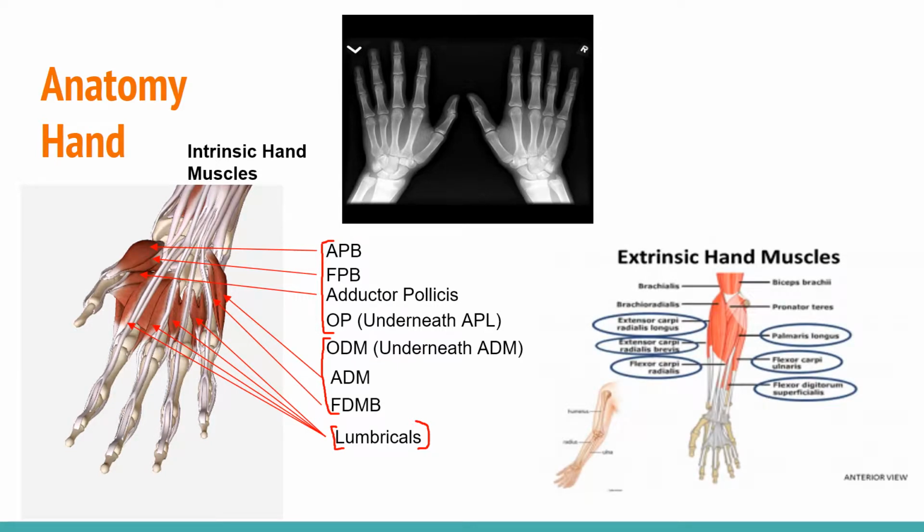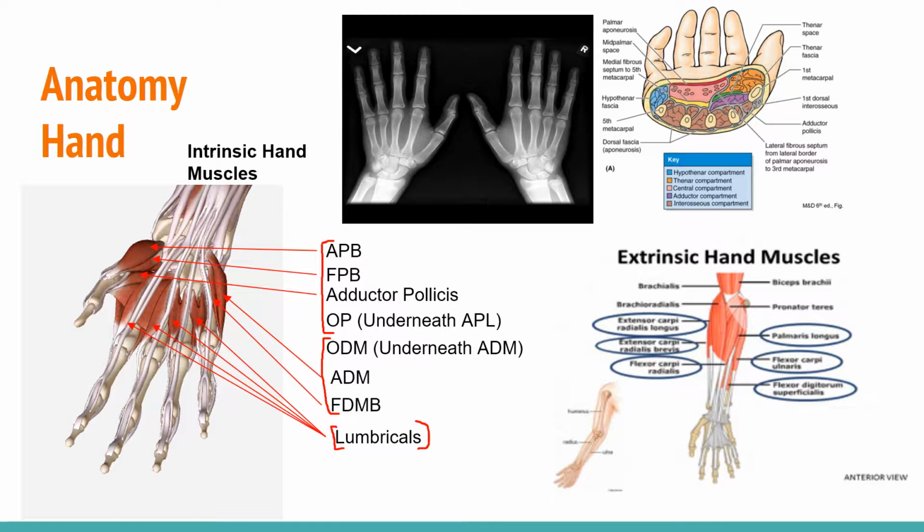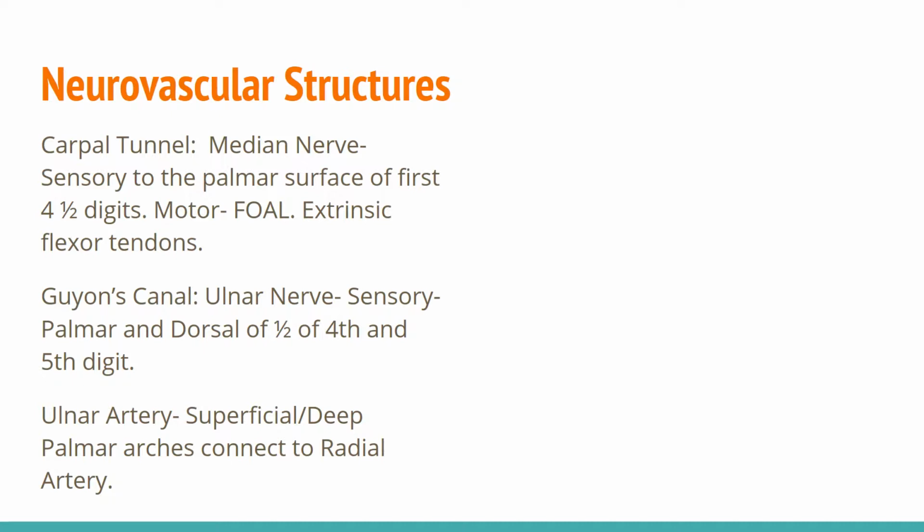There are also extrinsic hand muscles that include extensor carpi radialis longus, extensor carpi radialis brevis, extensor carpi ulnaris, flexor carpi radialis, flexor carpi ulnaris, flexor digitorum superficialis and profundus, and palmaris longus. And this just shows different compartments within the hand. You have the thenar, hypothenar, central, adductor, and next we're going to discuss important neurovascular structures,